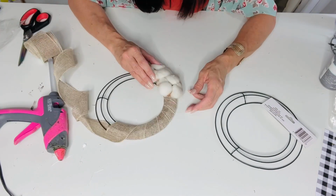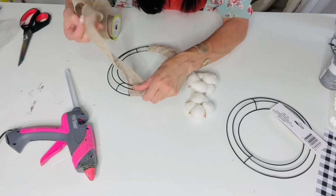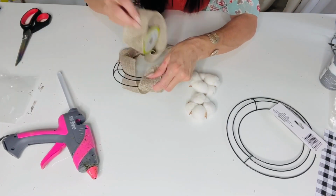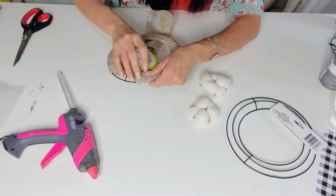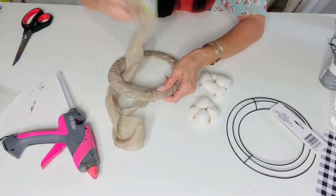because I think they would make a great little snowman craft. So if you guys see these in your Dollar Tree, grab a set of them, put them aside because we're probably going to make snowmen out of them once Christmas time comes. So I'm just wrapping this in my little small wreath form here, and then I'm going to just trim that